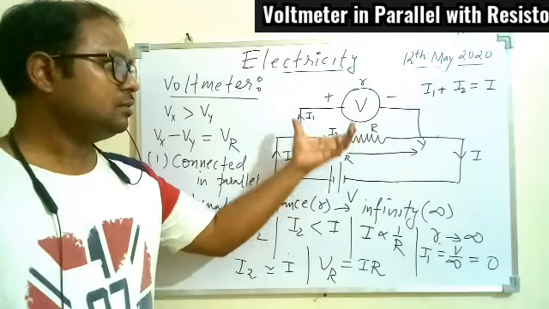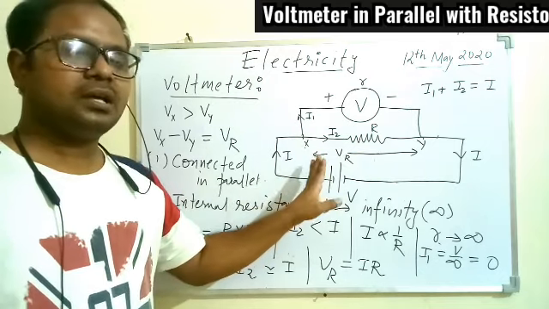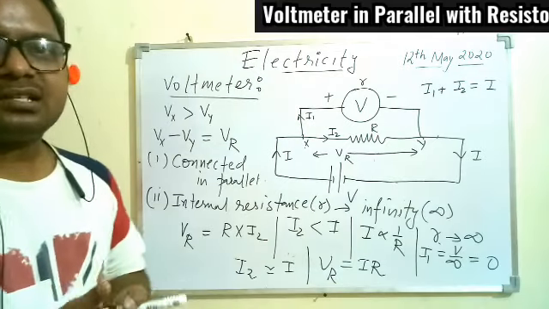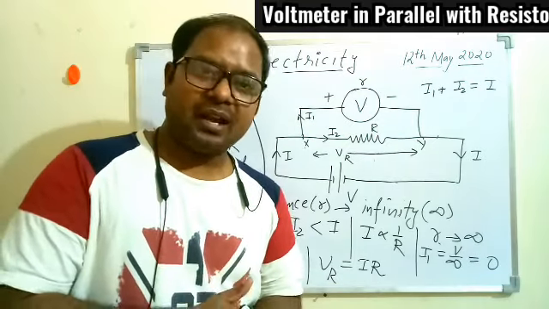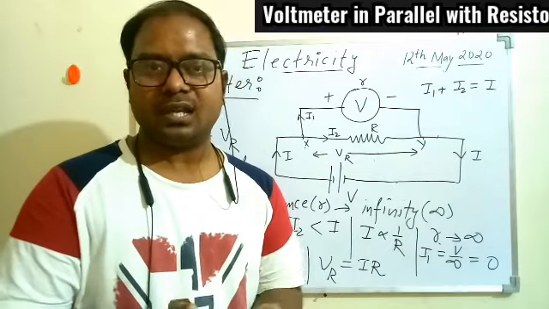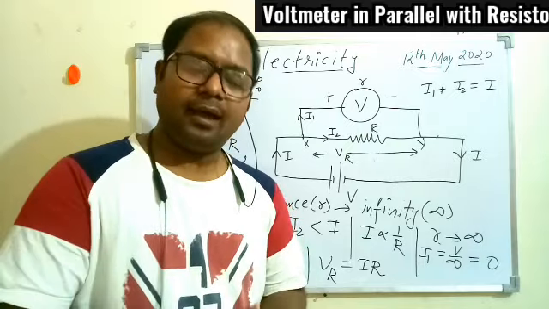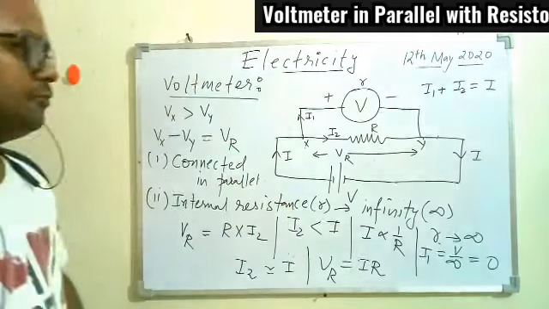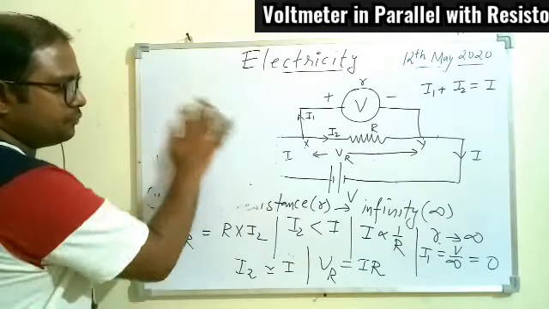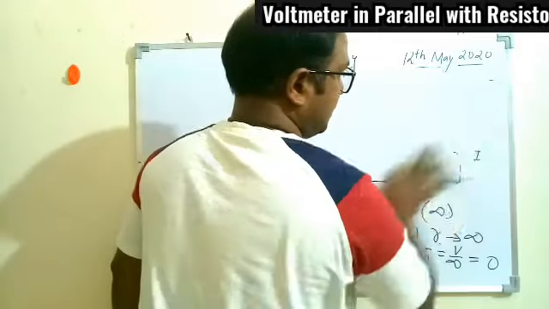That is, the voltmeter should just record the voltage drop and should not disturb the current passing through the resistor. Since the ammeter is connected in series and the voltmeter in parallel, the resistance of the voltmeter and the ammeter are not the same. One has very high resistance, that is the voltmeter, and one has very low, that is the ammeter. So I hope you can differentiate the two cases, the voltmeter and ammeter, how they are different from each other, and how they should be connected in the circuit and why so.